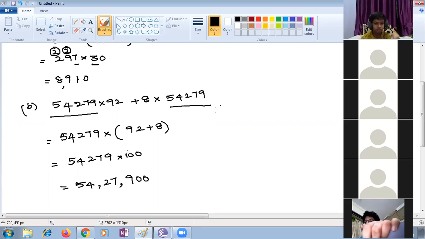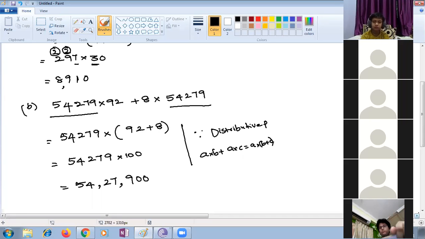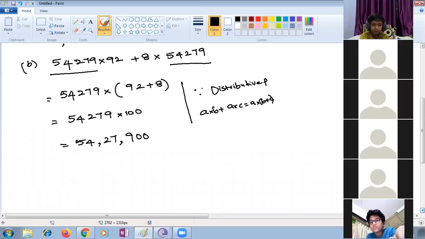Very good. If you know the property name also, you should mention it, children. Ma'am, this is distributive property of multiplication over addition. Yes, complete the distributive property, multiplication over addition, you're supposed to write. You can write the formula as: A multiplied with B and A multiplied with C can be written as A bracket B plus C. You can write the general formula also, if you know it. If you don't know, no need to write; you just mention the property name. This is the distributive property. Next question.